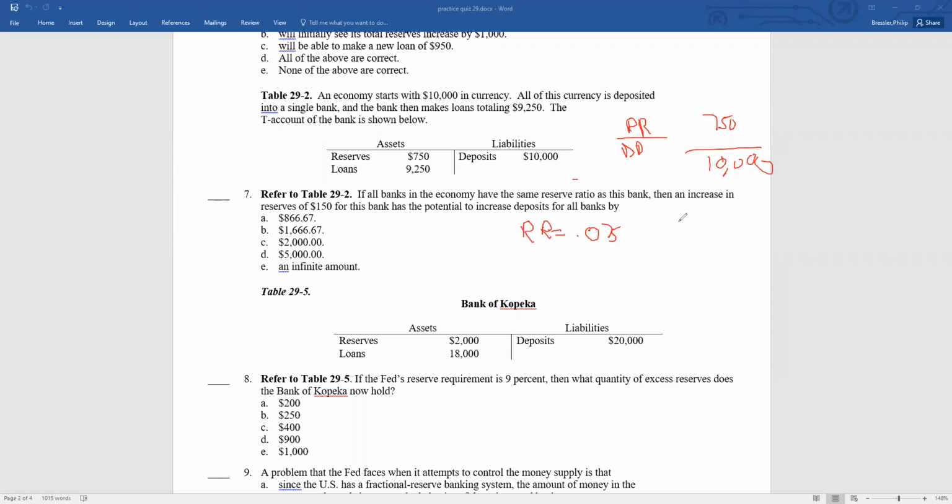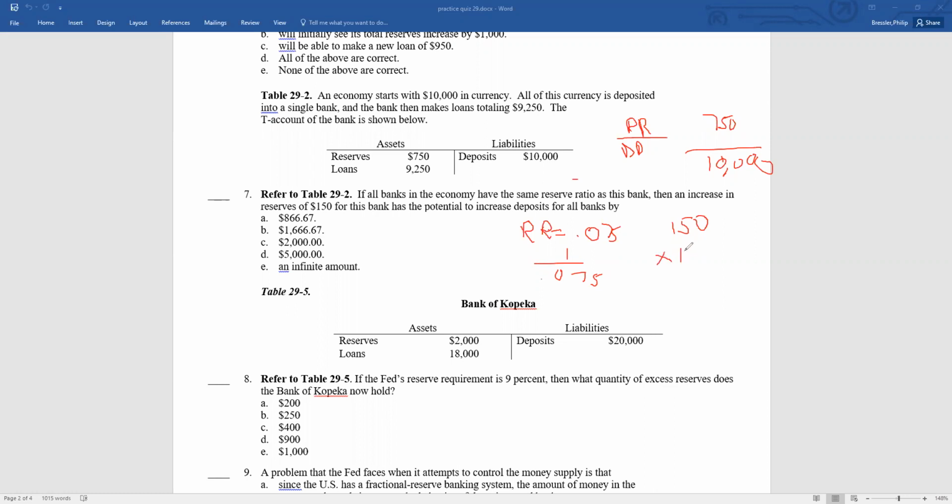Now if all the banks in the economy are the same, then an increase in the reserves. They're saying reserves are increasing 150. How much is the potential to increase in deposits? So I'm going to take that 150 and times it by the multiplier. The multiplier is 1 over 0.075. Let me just check my math here. The multiplier then becomes